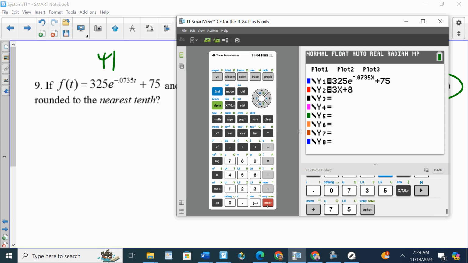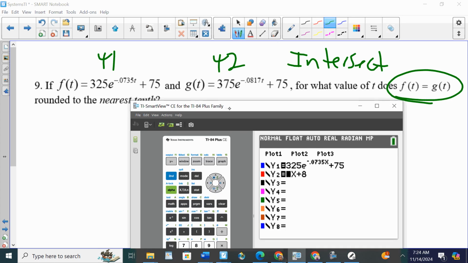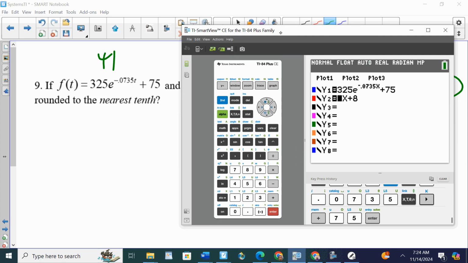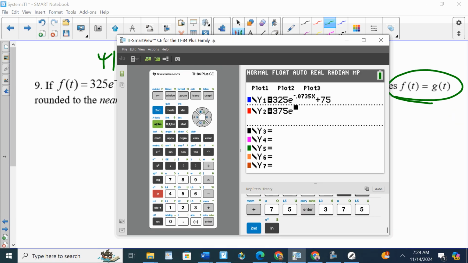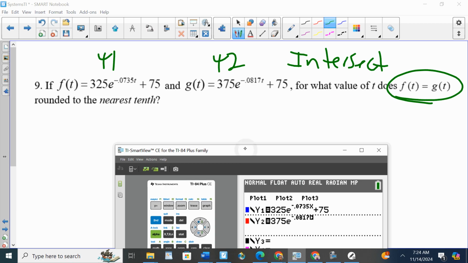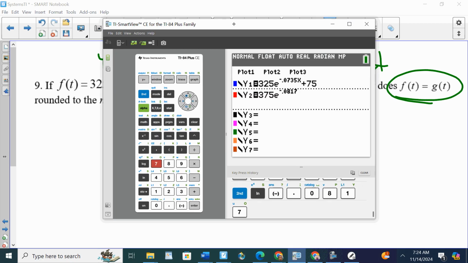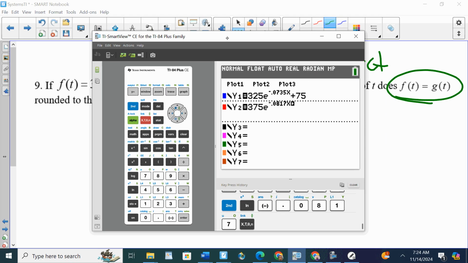And then y2 is going to be 375, second ln, e to the power of negative 0.0817 T, so t is x, whatever the variable is we put for x, plus 75. And when I do this, zoom 6,